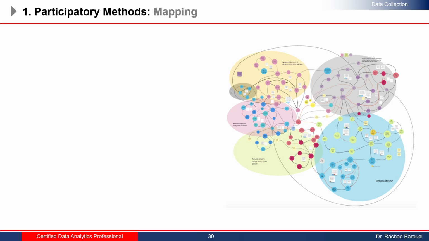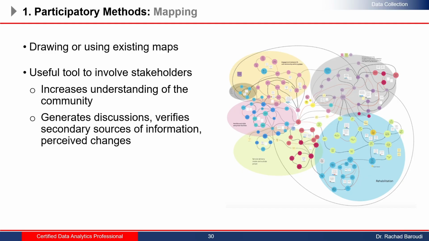Another category is mapping, and this is where we will use a map to explain things. So, drawing or using an existing map. It is a useful tool to involve stakeholders, increase understanding of the community, generate discussions, verify secondary sources of information, and perceive changes. And especially these days, Google Maps is becoming very popular, so you can literally open Google Earth and have a